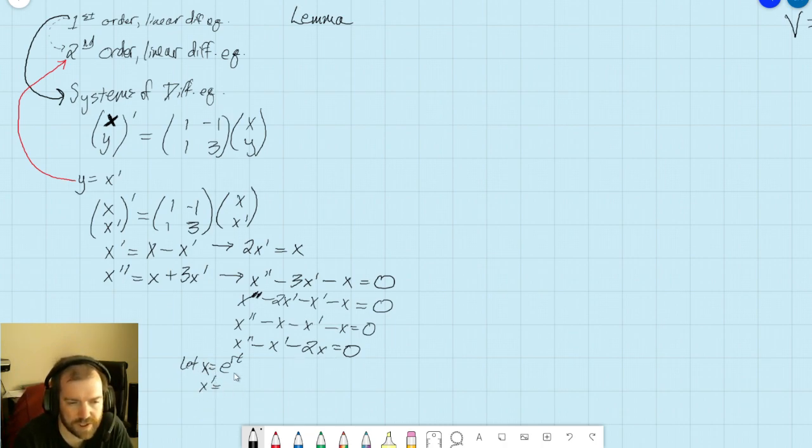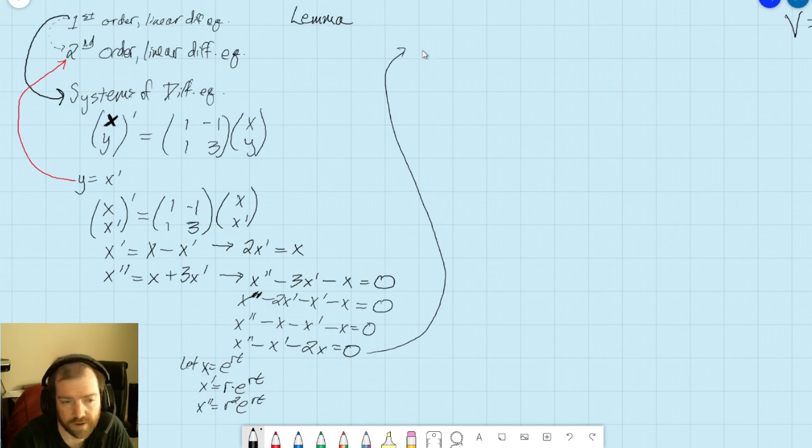If x equals e to the rt, then x prime is equal to r e to the rt, and x double prime is equal to r squared e to the rt. So if we replace all of these with this stuff, we end up with r squared e to the rt